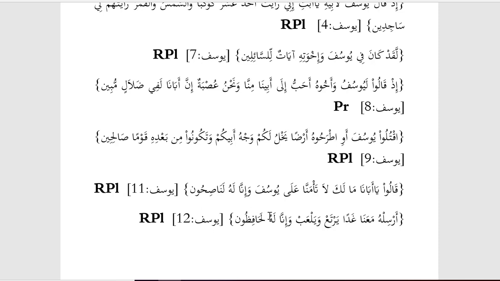RPL, meaning regular plural. Again, that lam there at the beginning, la is extra. It's used for emphasis here. Take it off. Lam, ba, fa, those are extras that get added on. Hafidhun is in the fa'il form. So take off the waw and the nun and you're left with hafidh, yani we are protectors.